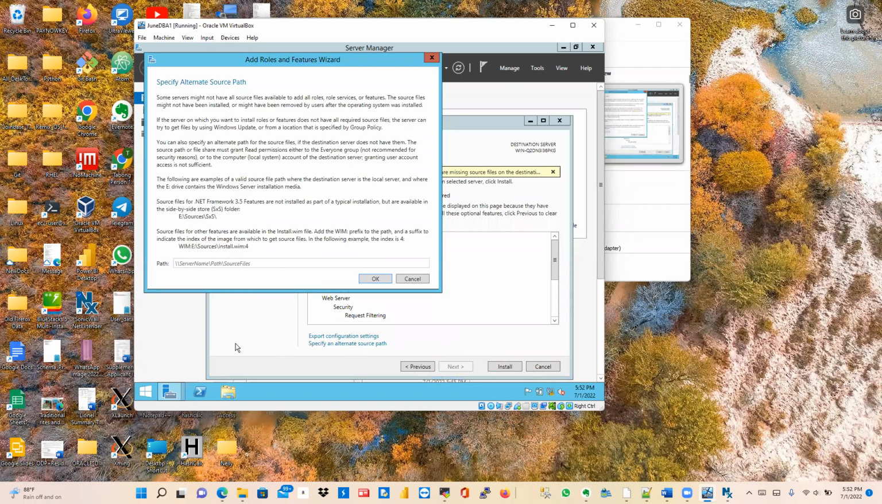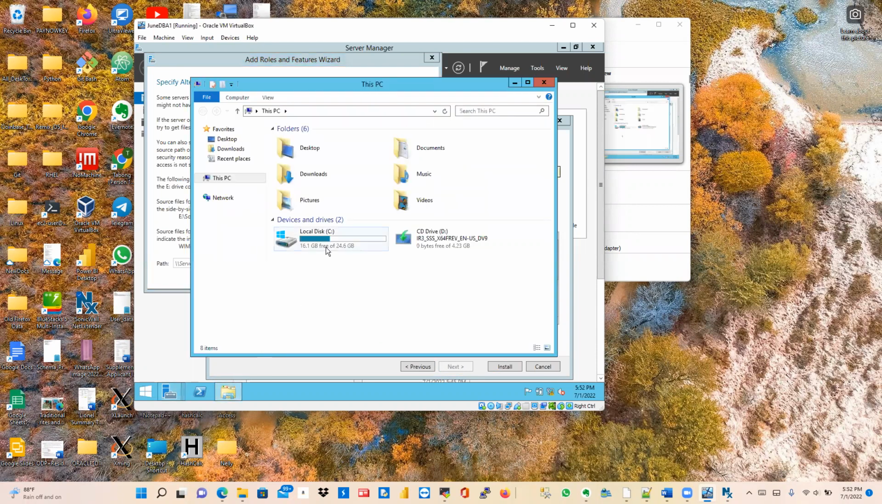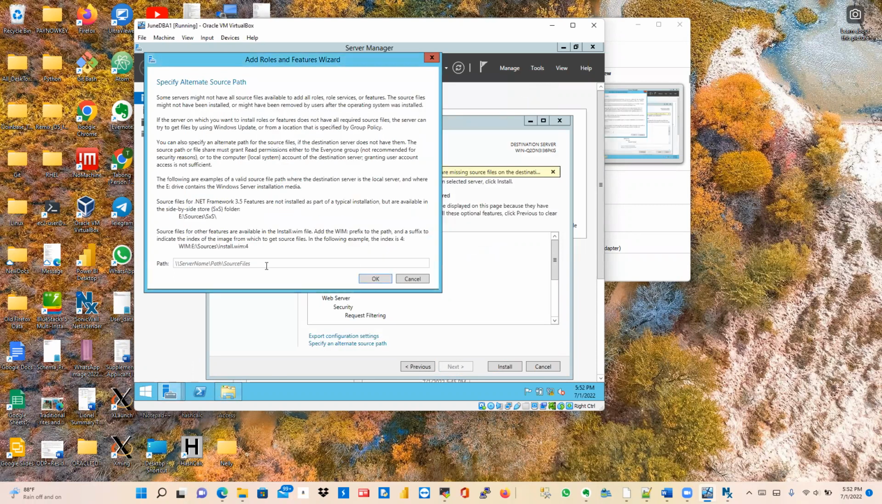And how do you know the source of the .NET Framework? Go here to your folder or this PC. This is the source, this drive D, is what we are going to use. So go back, come here, make sure you type everything the same like this, sources. The only difference will be the disk location. So here our source is D,